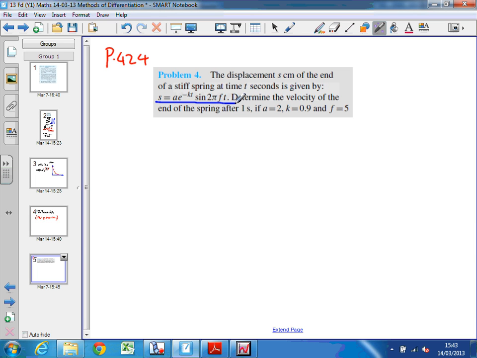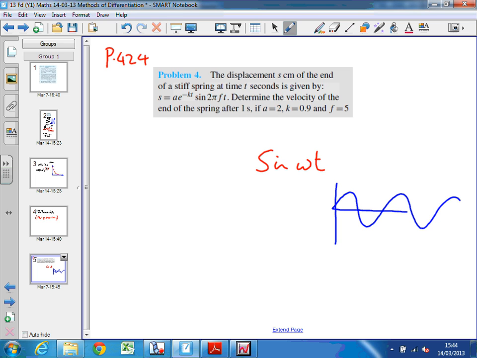It's got two parts to it. There's an overall sine function, sine 2 pi ft. And 2 pi f we know is the angular velocity. So this is in fact the general function sine omega t, where omega is the angular velocity of something that's rotating, that's producing this sine wave. So if I were to sketch the sine wave, I might expect to see something like this, okay, with an angular velocity omega of the thing that's rotating